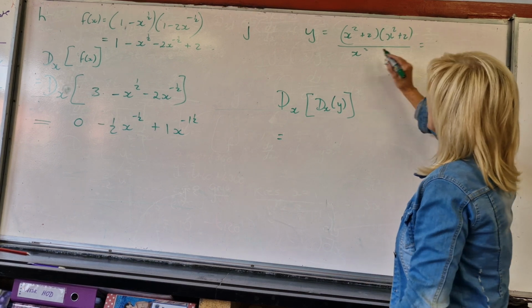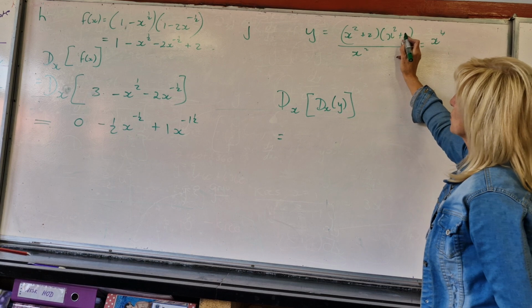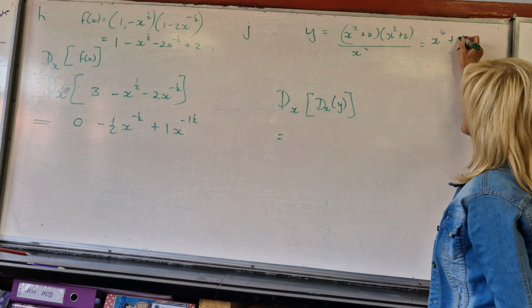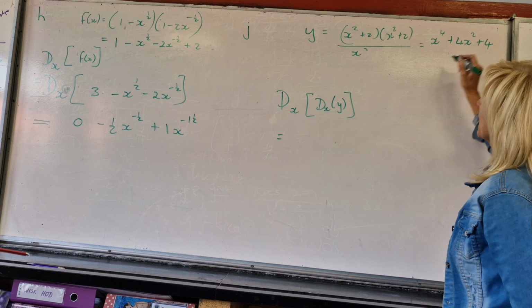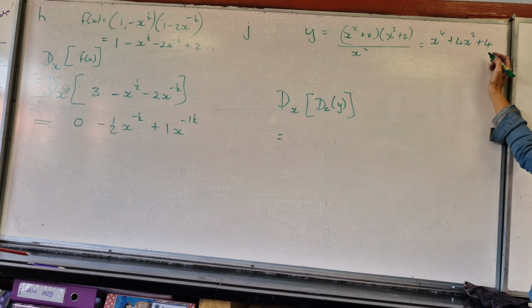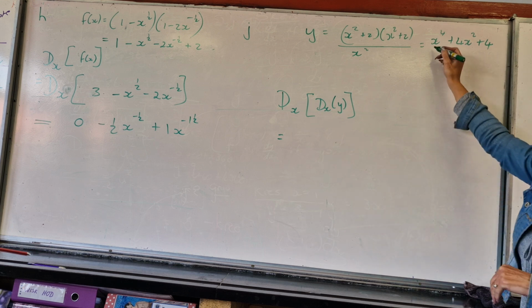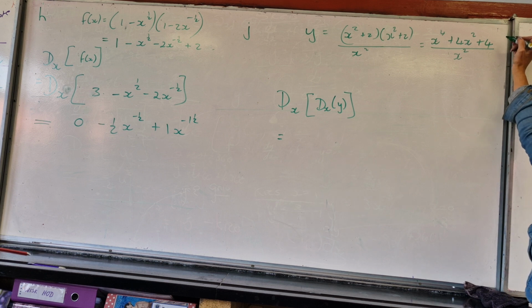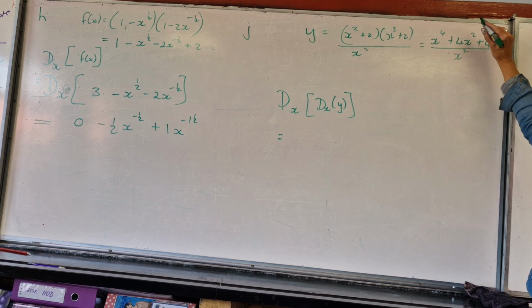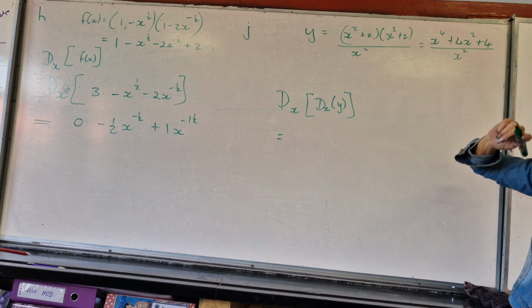And say that bracket squared will then be x to the 4 plus 2x squared and plus 2x squared is going to be plus 4x squared and plus 4. Then everything is over x squared. What are you going to do with that over x squared? Can you take it to the top and make it x to the negative 2? You can, but then you've got to keep this thing in a bracket and time it in. Another option